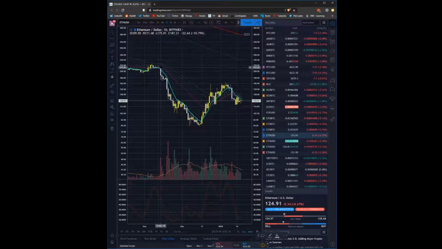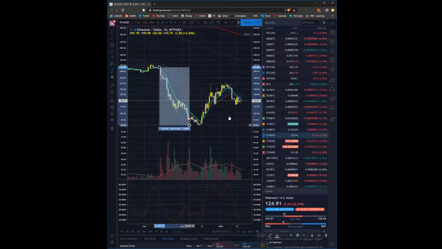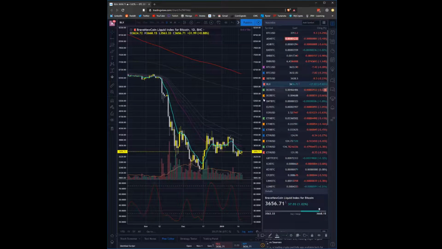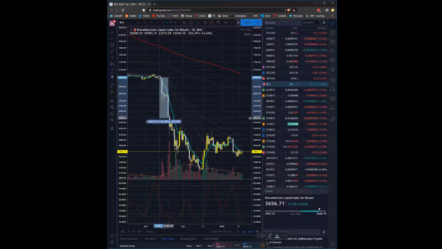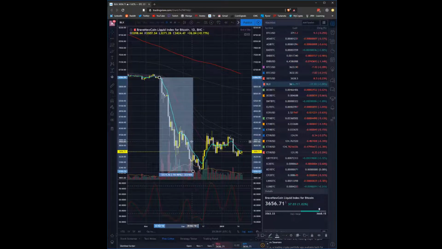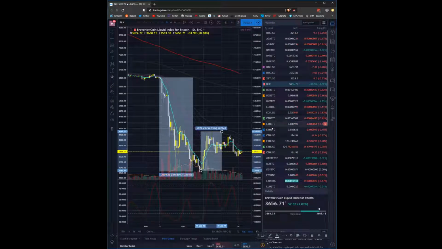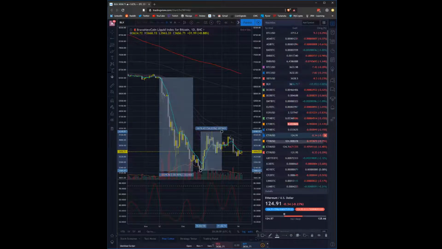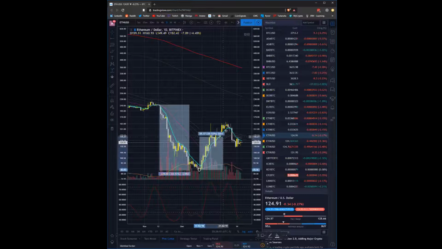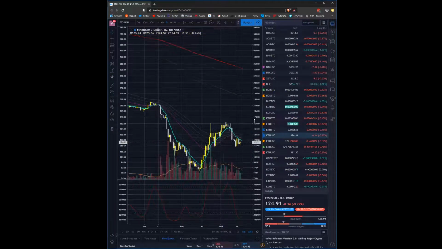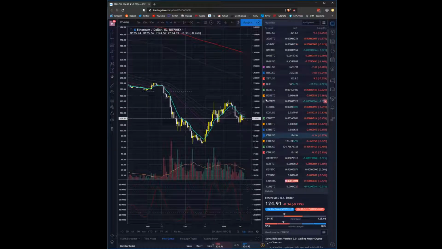So here's where Bitcoin broke 6K. When that happened, Ethereum dumped 60%. Right? And when Bitcoin broke 6K, it dumped 50%. And then when Bitcoin bottomed, it pumped 34%. But when Ethereum bottomed, it pumped almost 100%. So maybe steroids wasn't the right term for it. Let's say it's more like trading Bitcoin on leverage, right?